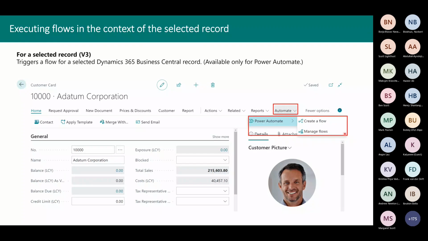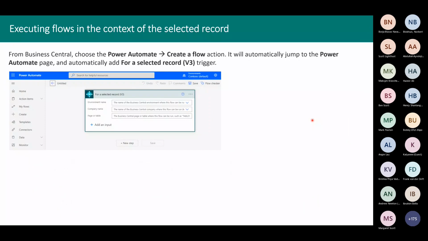So if you create a workflow that runs in the context of the existing record, you can see it listed here, and you can directly execute that action from the Automate window. If you select to create a flow from Business Central, the Power Automate portal is automatically opened. And from here, you are immediately jumping to the Power Automate page where for a selected record action, the trigger,